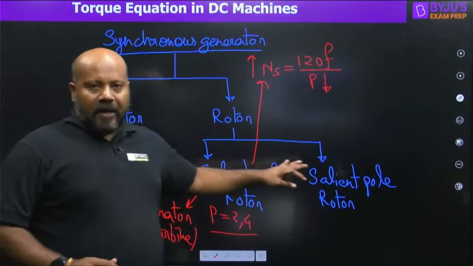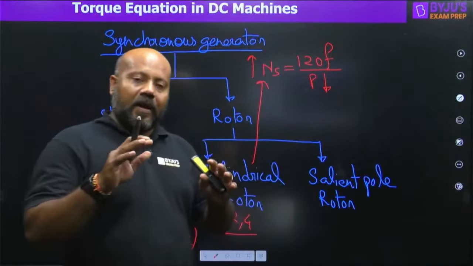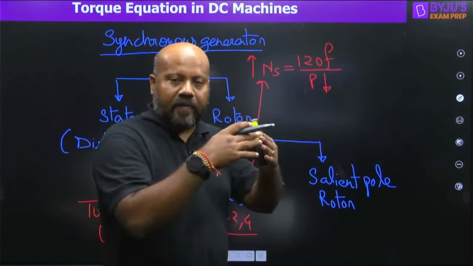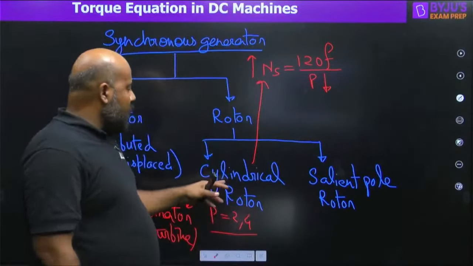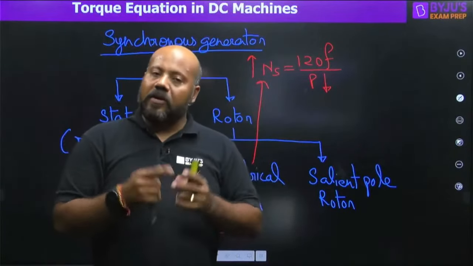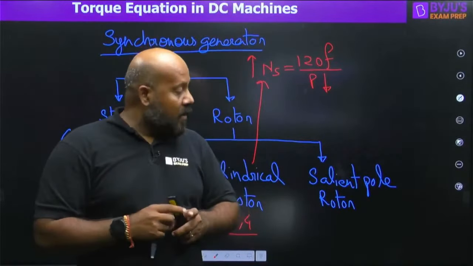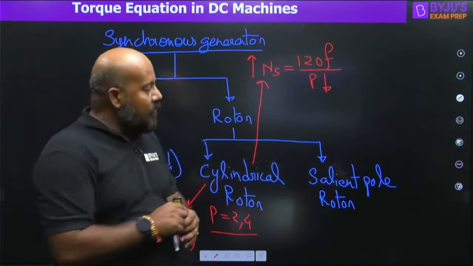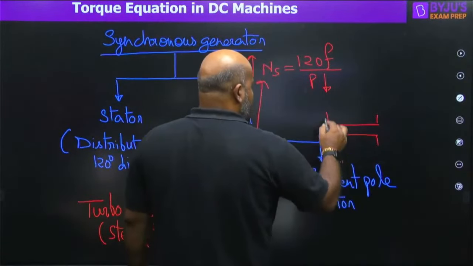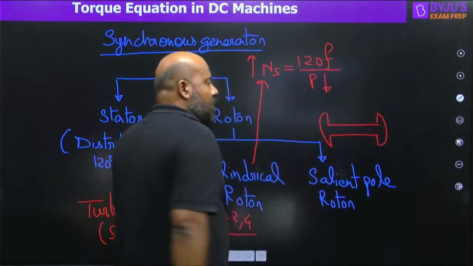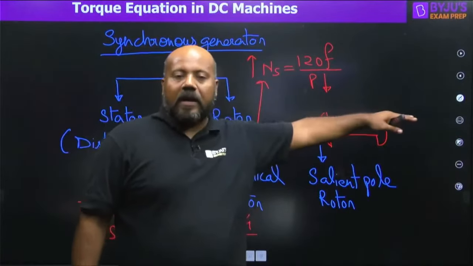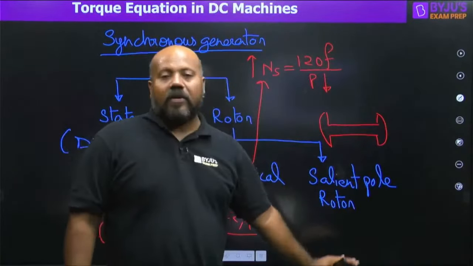When you are dealing with the salient pole rotor, you can identify it just by its construction, because the poles are protruding. They are not cylindrical. For a cylindrical rotor, the air gap between the rotor and the stator periphery is constant everywhere. But the salient pole rotor actually looks something like this. This is what we call a salient pole rotor. It has a minimum air gap along the direct axis and a maximum air gap along the quadrature axis,